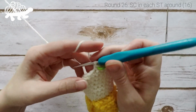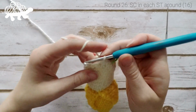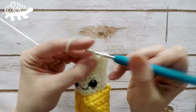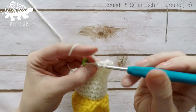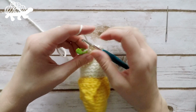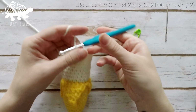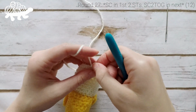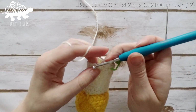So that was 1 into the first, 1 into the next, 1 into the next. Just repeat that around. 1 single crochet into each stitch around. And just coming up to the last couple stitches. So at the end of round 26, our stitch count will still be at 16. For round 27, we're going to work 1 single crochet into the first stitch. Oops. And we're going to work 1 single crochet into the second stitch, and then we're going to single crochet 2